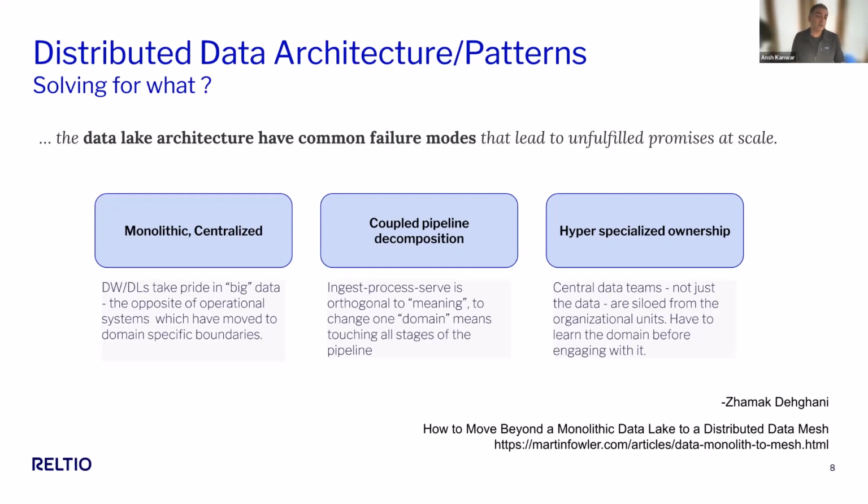So 3 problems. First one has to do with that big in the big data, right? The focus of these data warehouses, data lakes, is to aggregate all the data into one location, which is fine, right? As a central location where you could do things, that is fine. But the operational systems have spent the last 15 years going in the opposite direction, right? Operational systems have become more and more domain specific, right? There is a billing system, an accounts payable, an inventory system, right? All these systems, we've been constraining the boundaries of these systems so that their behavior can be more predictable.